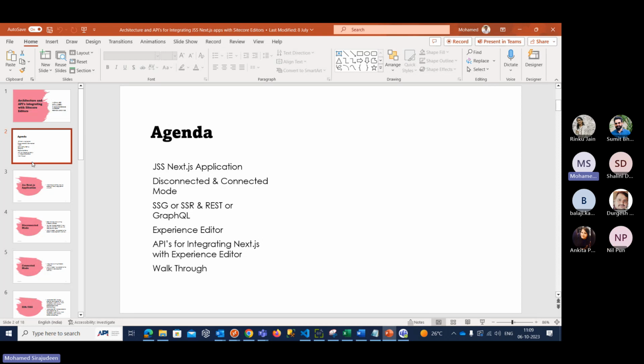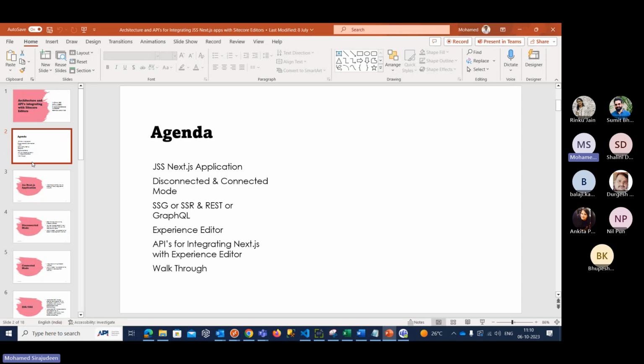The agenda covers disconnected and connected mode, and I'll explain that. We have the pre-render methods, server-side rendering and static site generation, and the layer service methods like REST or GraphQL, and we will cover that part. Then we will move to the experience editor and how to set it up, and I will show the demo. I'm just going to walk through how the APIs are integrating in Next.js with the